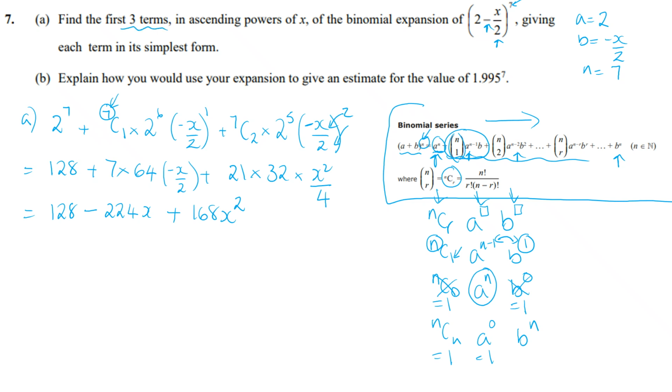Now, whatever the power is on the bracket, there is always one more term. So if we were going to carry on to complete the whole of the expansion, there would be 8 terms. Okay, we're only asked for the first 3, so on to part B. Explain how you would use your expansion to estimate the value of 1.995 to the 7. So we've just been dealing with an expression to the 7, and now we've just got this number, but it's to the 7. So if we let the 2 minus x over 2